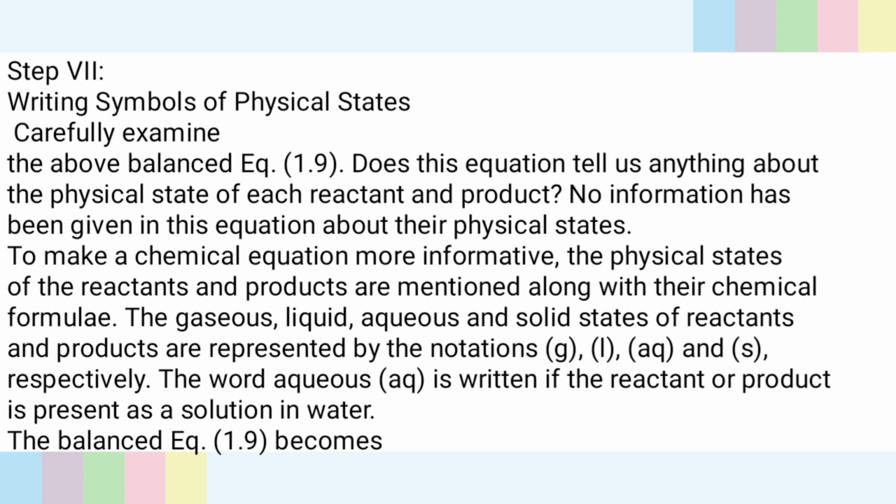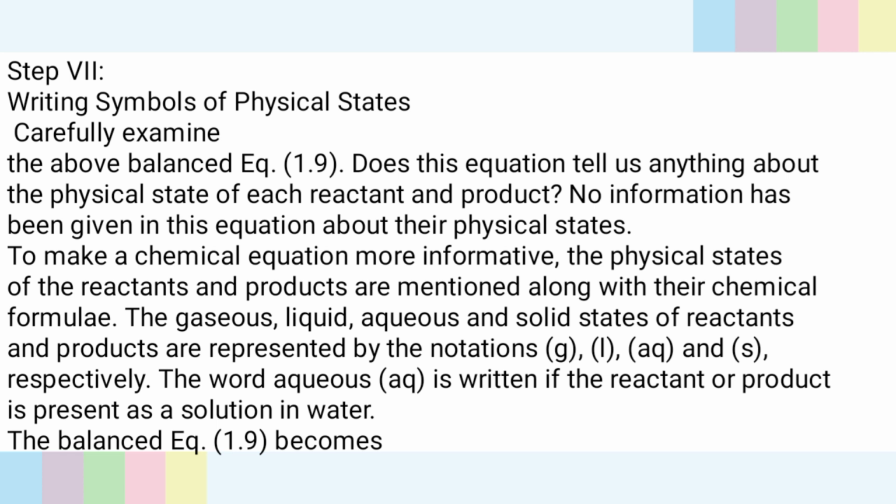So we should also mention the physical state in which the reaction is taking place. No information has been given in this equation about their physical state. To make a chemical equation more informative, the physical states of the reactants and the products are mentioned along with their chemical formulae. The gaseous, liquid, aqueous and solid states of reactants and the products are represented by the notations G,